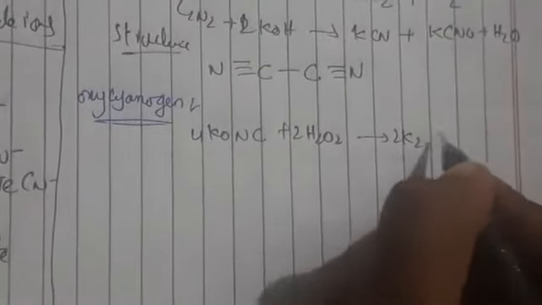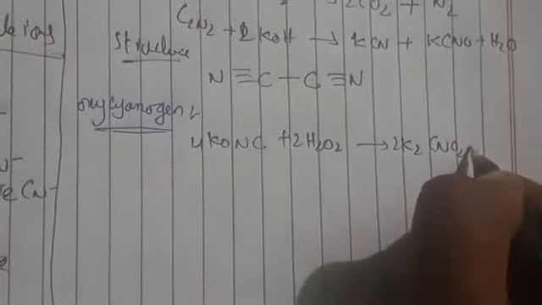So coming to oxycyanogen, what will be the preparation? (OCN)2 is the preparation. Here you react 4 moles of potassium cyanide with hydrogen peroxide, so it is giving K2CNO2, cyanogen bromide also it will give, and a water molecule will be lost. So we are going to form (OCN)2. This is one of the preparations.